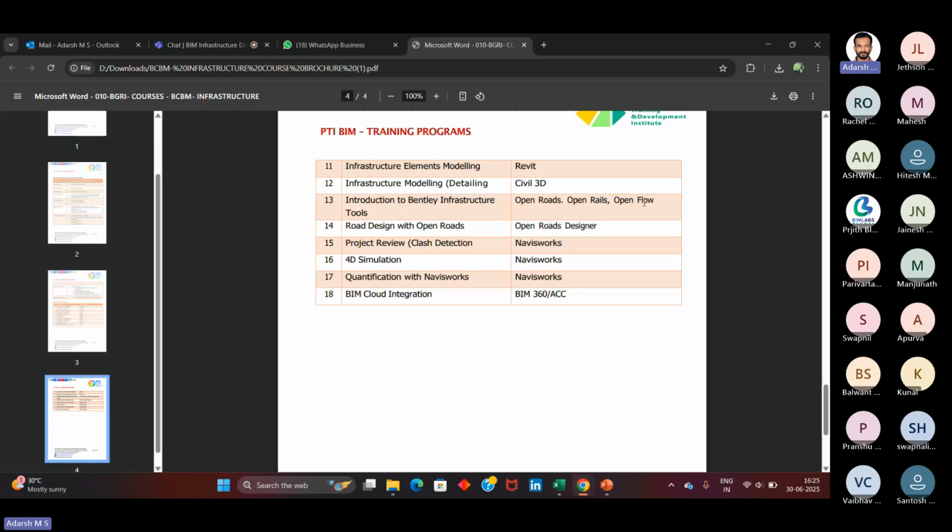All these three software are Bentley products. Then we will learn OpenRoads in detail, and how to create highway projects using this software. Later, we will jump into the next software, Navisworks, which is mainly used for project review, 4D simulation, and quantification. And at last, we will learn BIM 360, which is a common data environment used in BIM technology. Learning all these software is very necessary in order to start your career as a BIM modeler